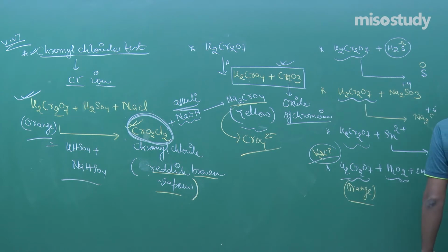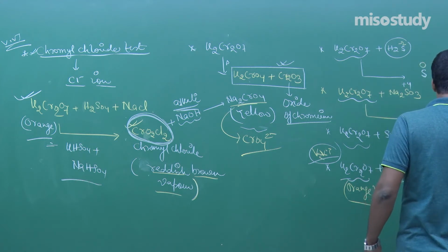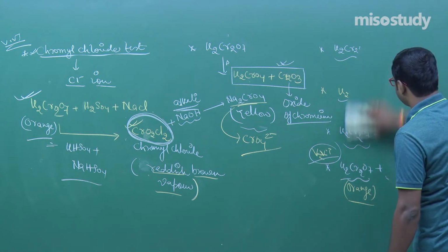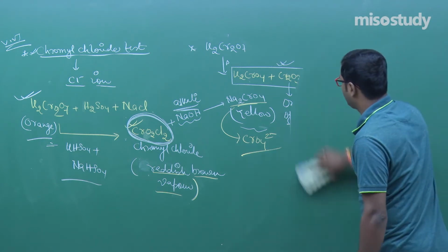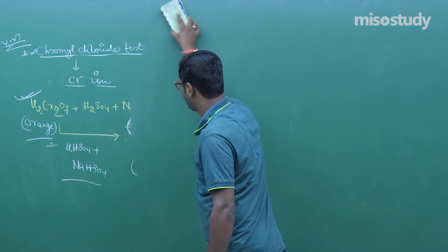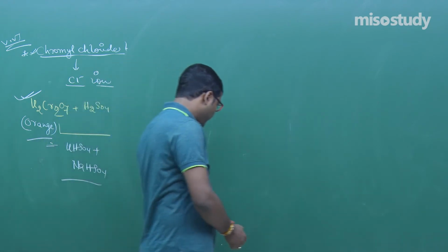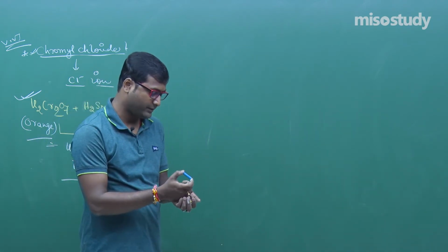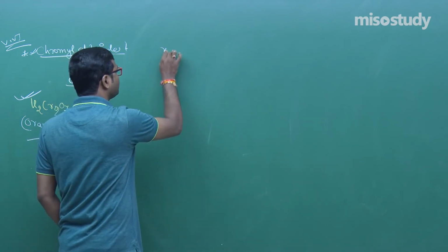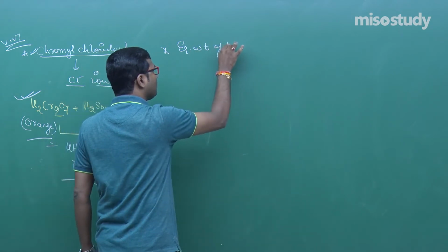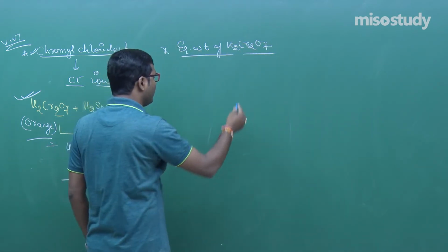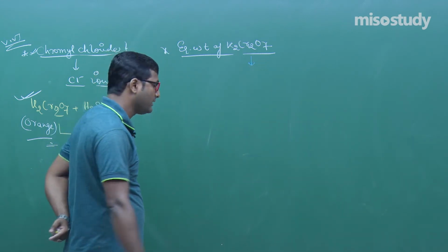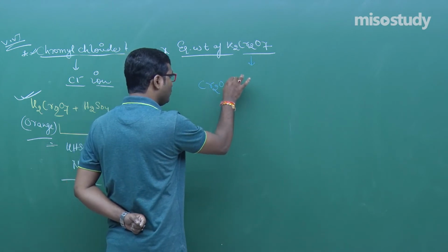Now if anyone asks you what is the equivalent weight of K2Cr2O7 in acidic medium and what is the structure of chromate ion, it is very simple. Now tell me, it is your turn. Friend, tell me how to find the equivalent weight of K2Cr2O7. We know it acts as a strong oxidizing agent. Yes sir, definitely. In acidic medium I am talking about, that is Cr2O7 2-,